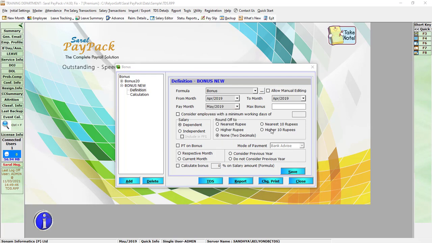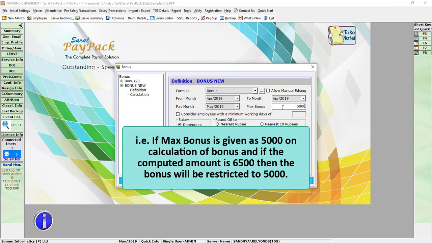If you want to restrict the bonus to a certain amount, enter the amount at Max Bonus. That is, if Max Bonus is given as 5,000 and the computed amount on calculation of bonus is 6,500, then the bonus will be restricted to 5,000.